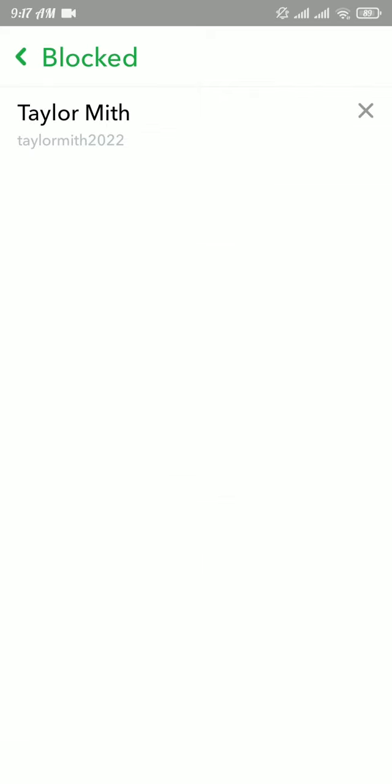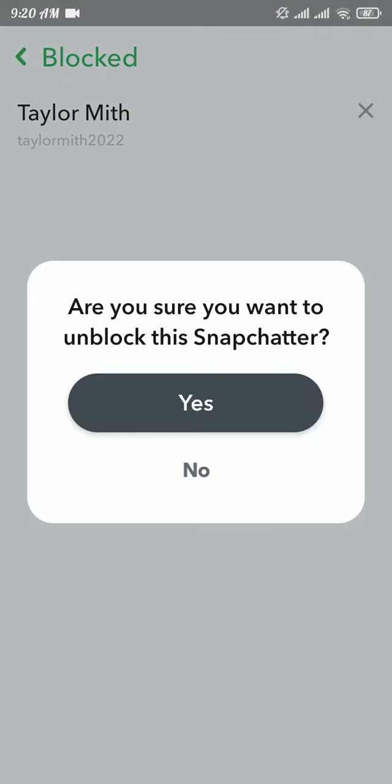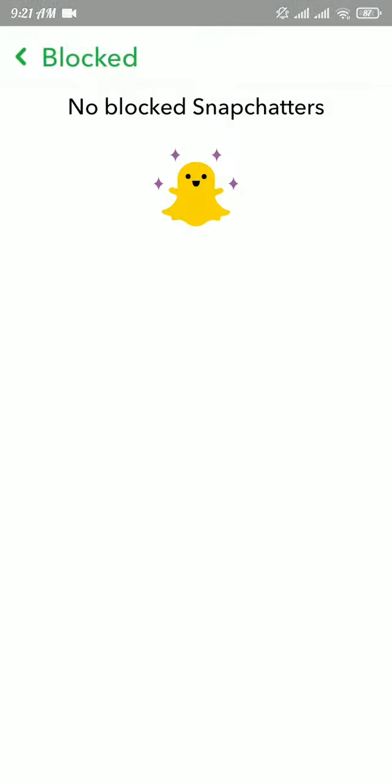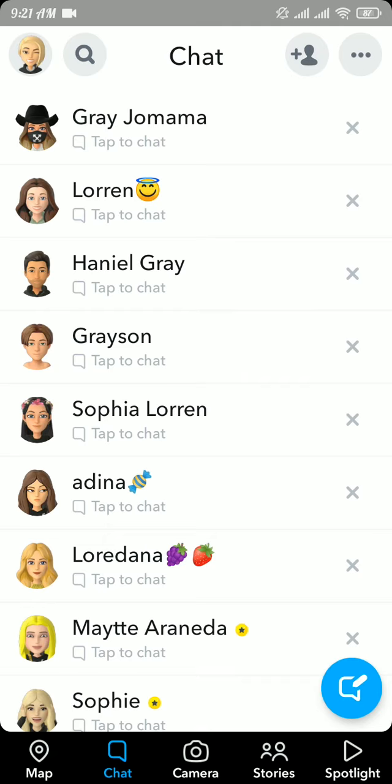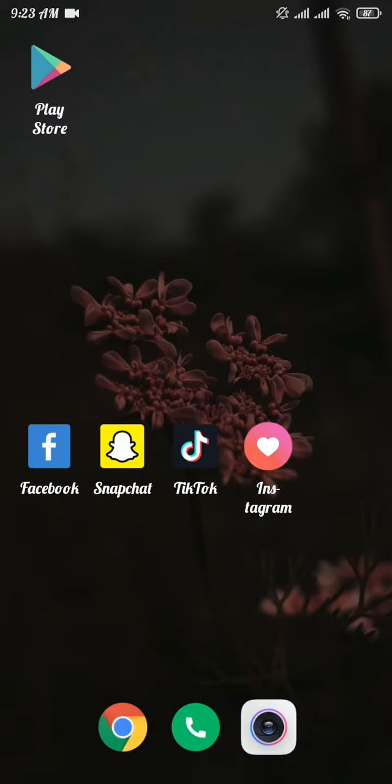Once you tap on it, you can see all the people that you have blocked. Now to unblock the person, tap on the small X and it says, are you sure you want to unblock this Snapchatter? If you want to unblock, then tap on the yes button. Now after unblocking, that person can send you snaps and messages, and just like that you can unblock someone on